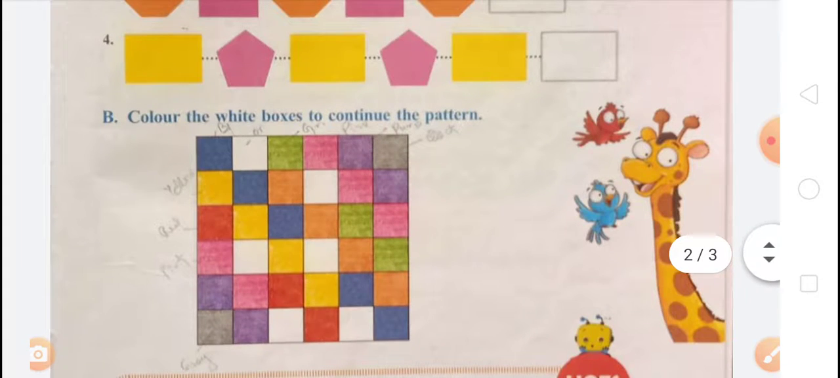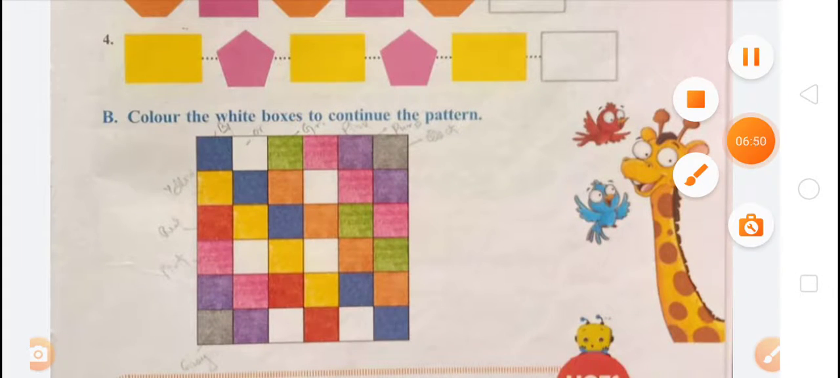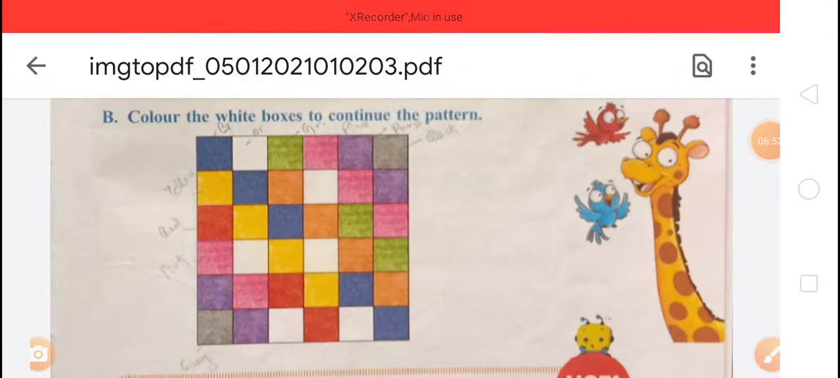Color the white boxes to continue the pattern. You can see here that there is a pattern given here. Color the white boxes to continue the pattern. In white boxes, what will be there? Listen carefully. In first